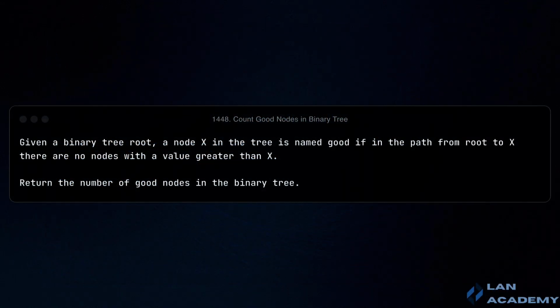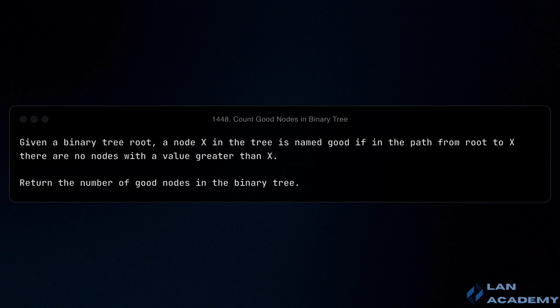In this problem, we need to determine the number of good nodes in a binary tree. A node x is considered good if there is no node with a value greater than x on the path from the root to x. Essentially, we are looking for nodes that are greater than or equal to all the nodes encountered from the root